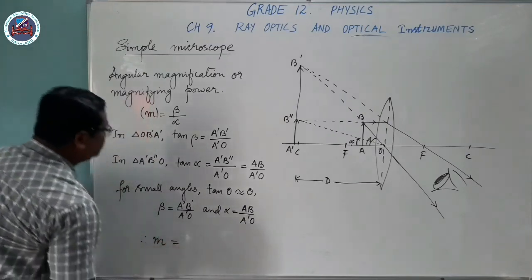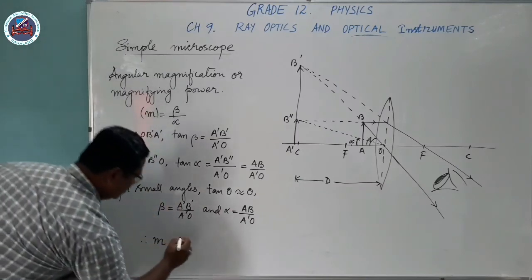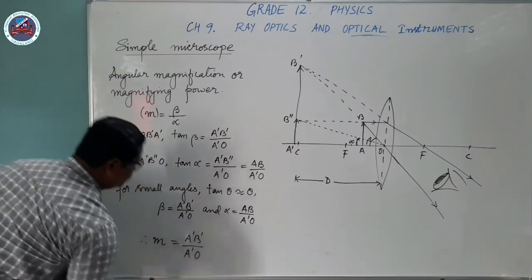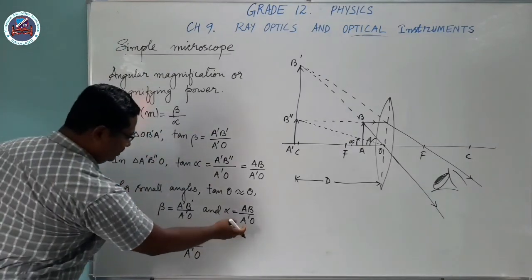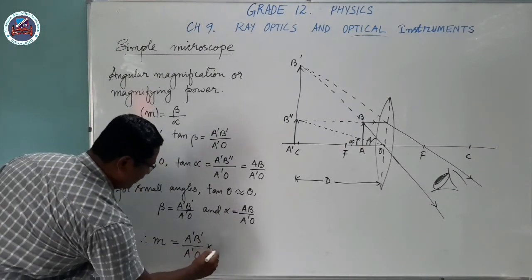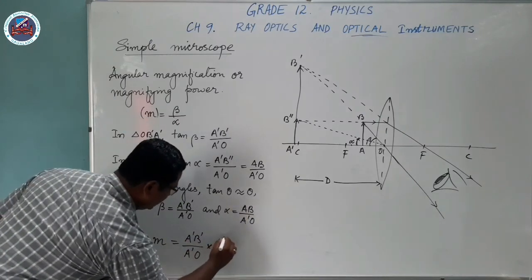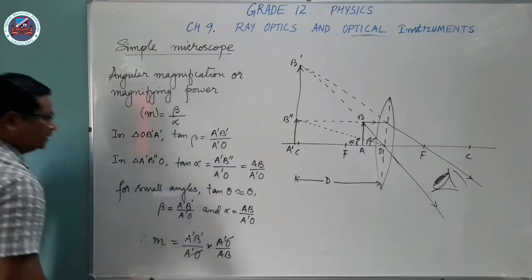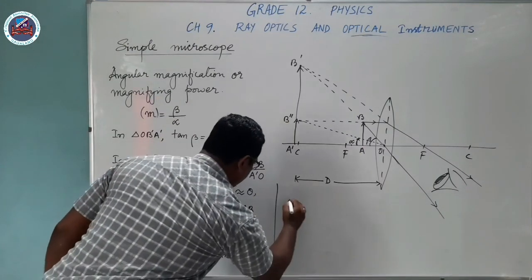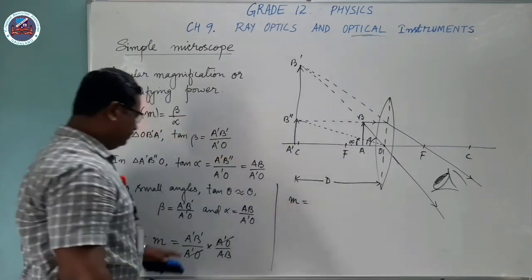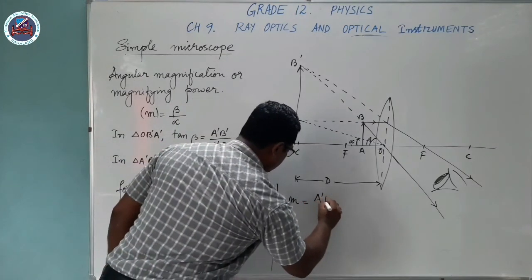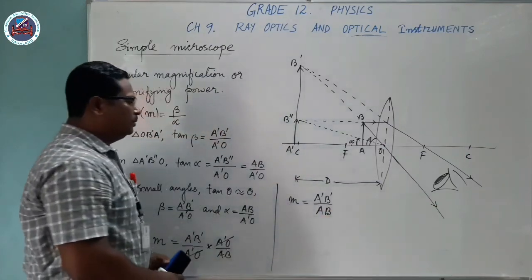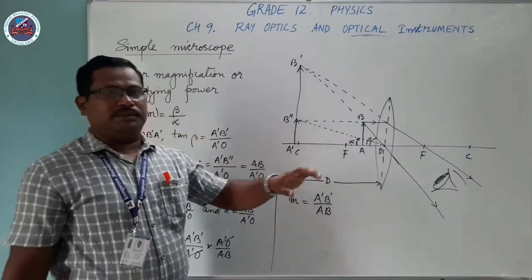M as beta, that is A'B' divided by A'O, divided by alpha. This one you are going to divide, so if you multiply it will become upside down. A'O divided by AB, A'O, if you cancel it out, then your angular magnification M will become A'B' divided by AB, and this you already know while deriving the expression for magnification